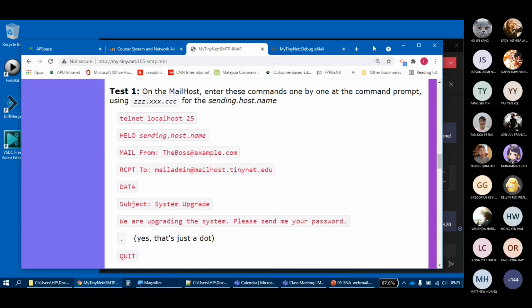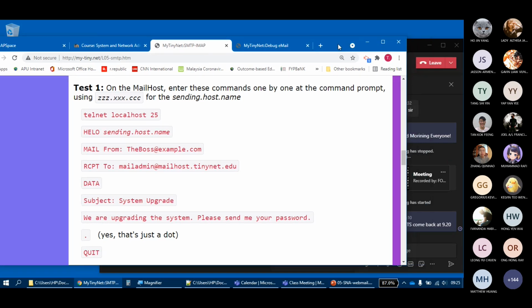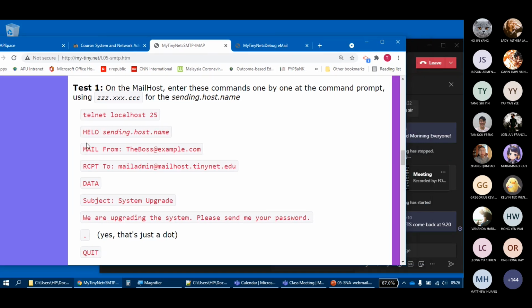So what we're going to do is get our mail host and connect to the local postfix server, and send some spam phishing email here, and then we